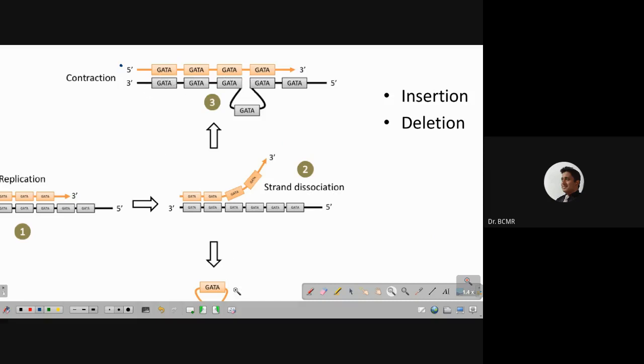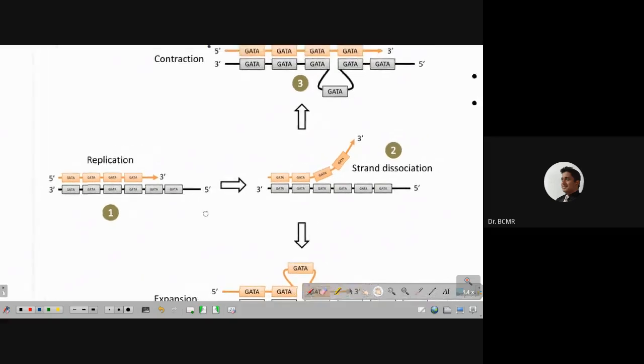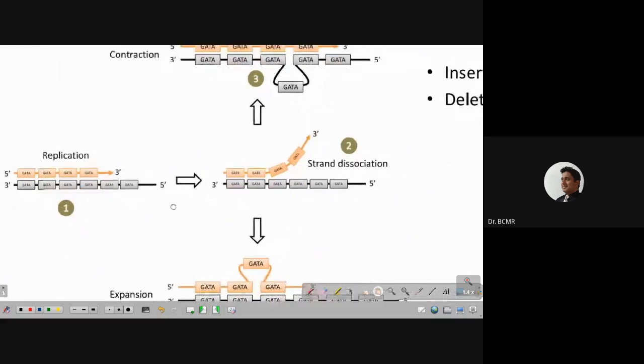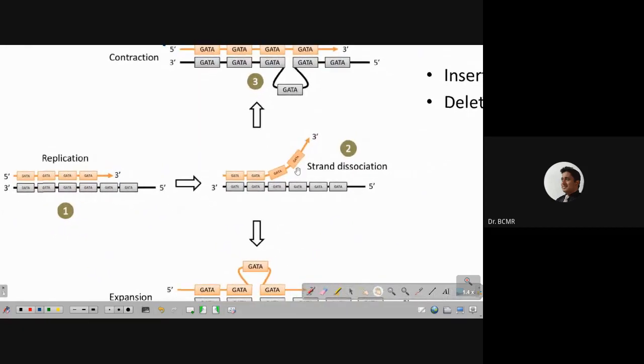Okay. And I will probably have to start with here. This is where replication is happening and you have repeats like this. The top strand is the primer and that is where replication is happening from 5' to 3' direction. And the bottom one is the strand, the template. So sometimes what may happen is, or typically during replication, some of the primer and template may dissociate